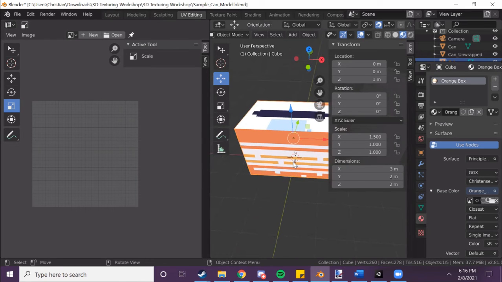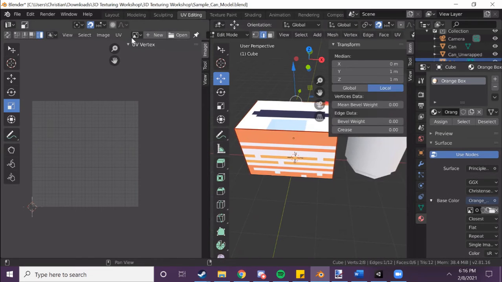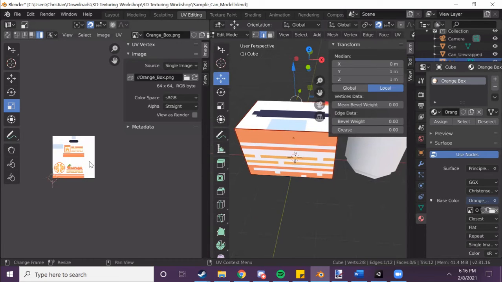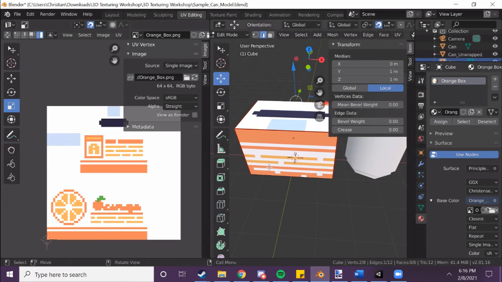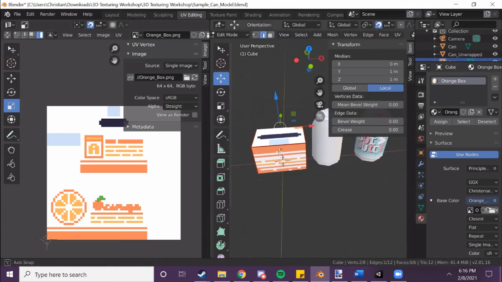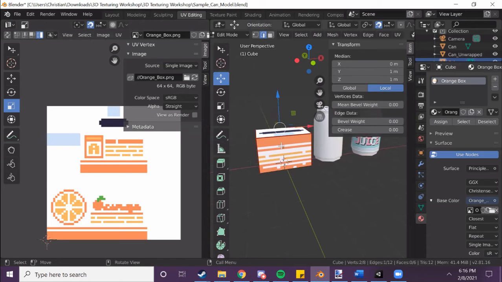So the idea here is I have this fruit bots texture, and you can view this texture by opening it up in your UV pane. So we see this texture and we want to make the faces of our UV map line up with this. So we have our side, we have both sides, and then we have a top